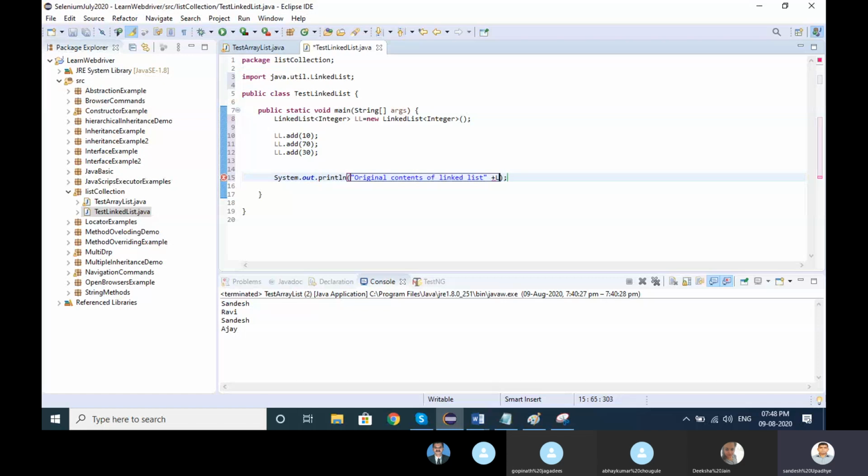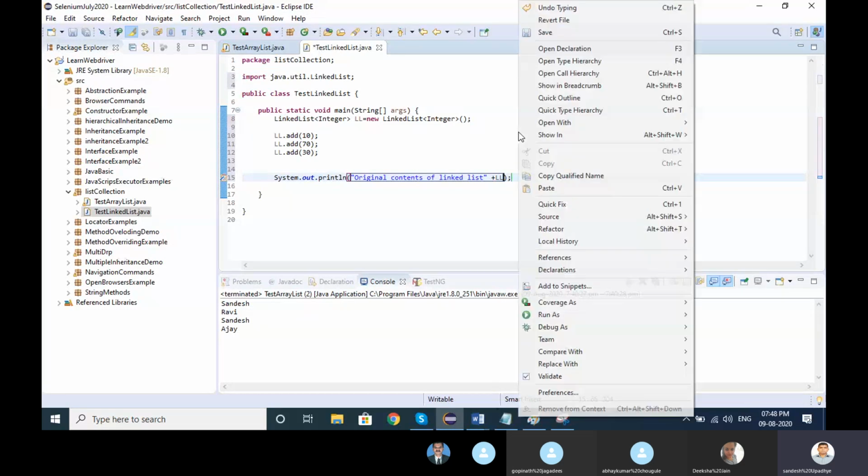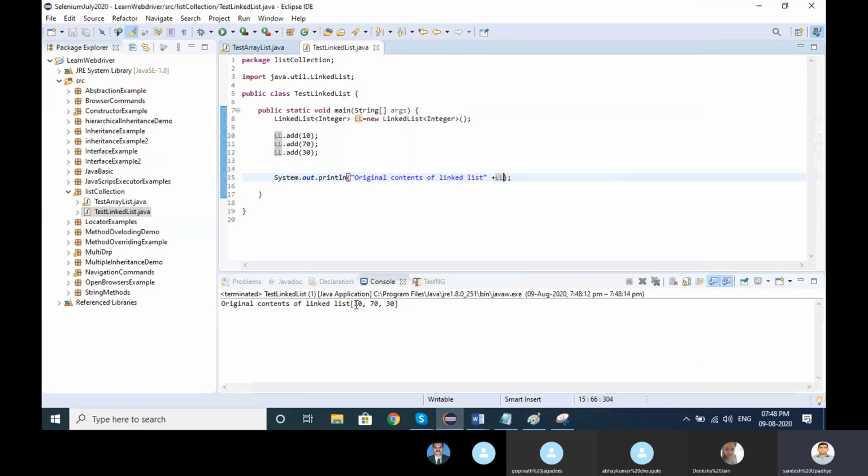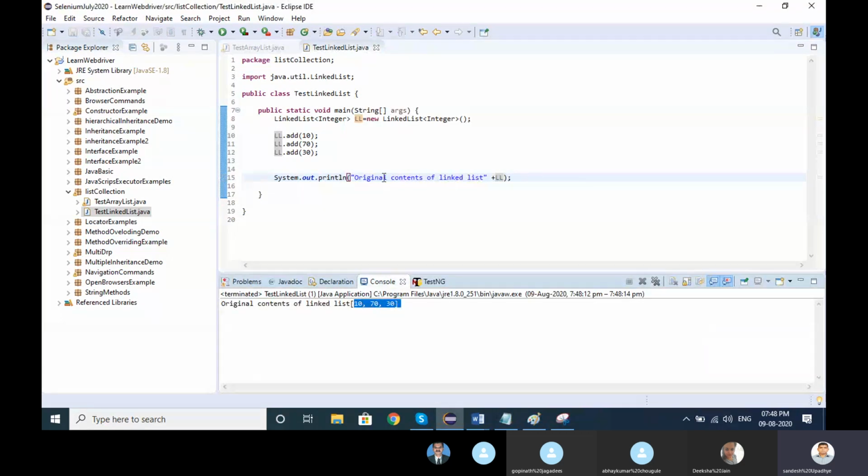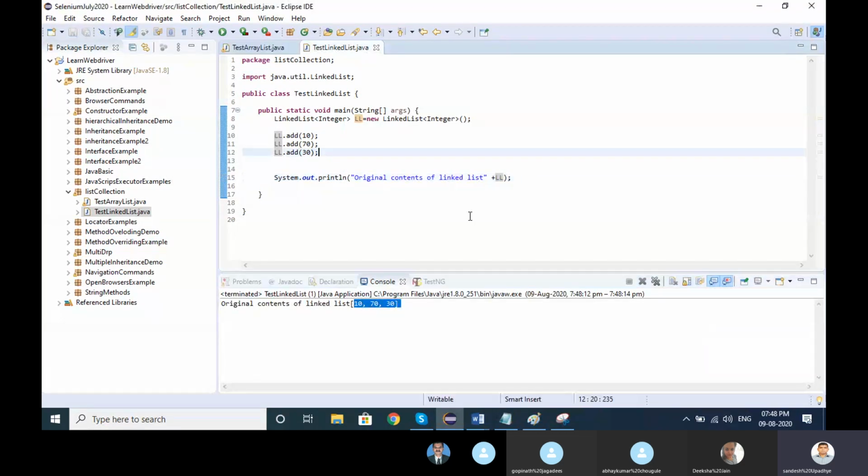Then print linkedList. What happened when I run this? The content is coming here: 10, 70, 30. Now this is the printing value, right?